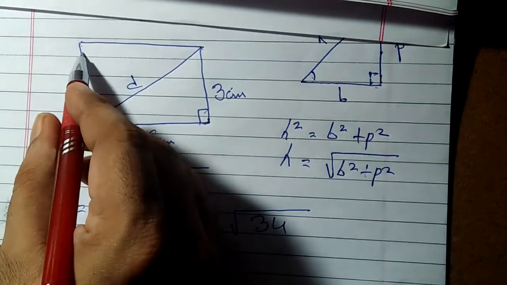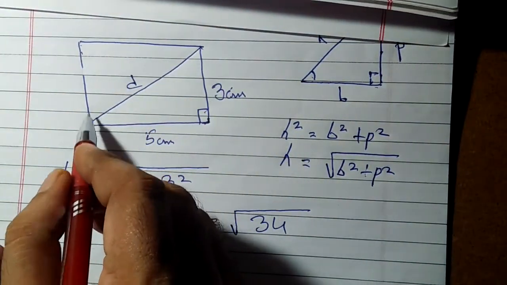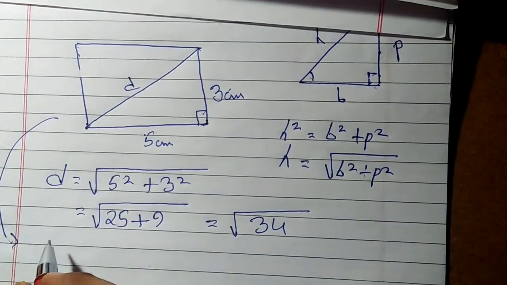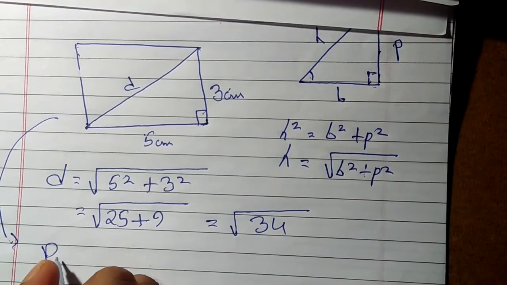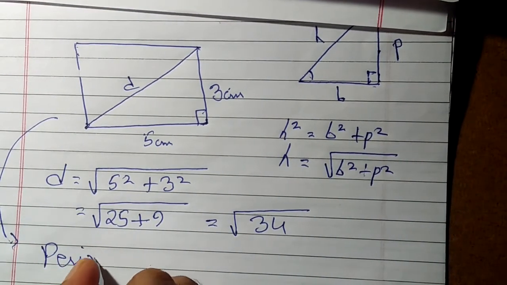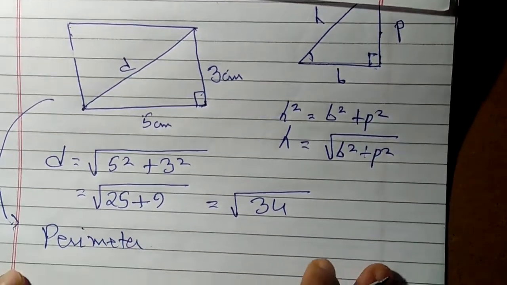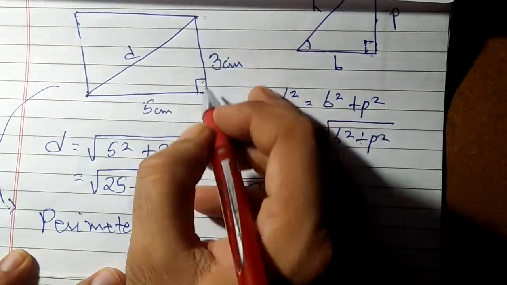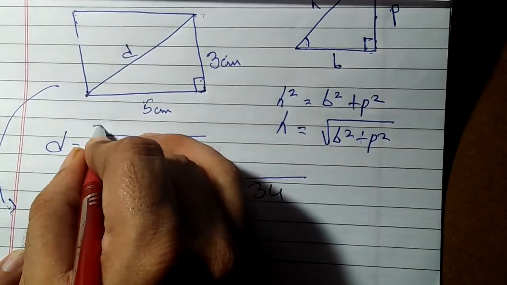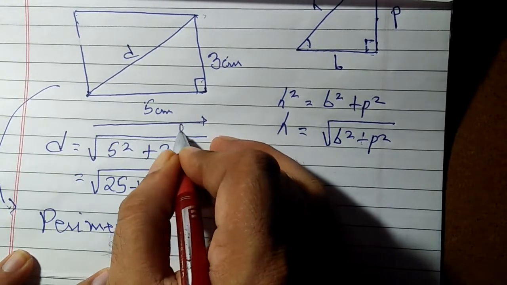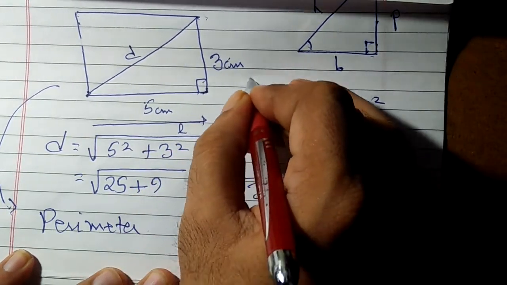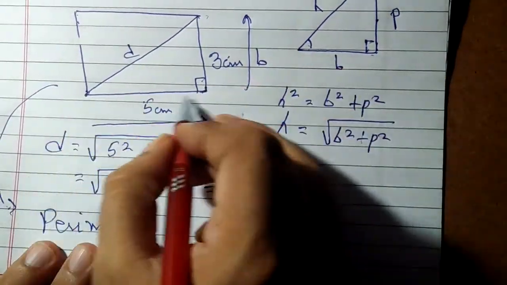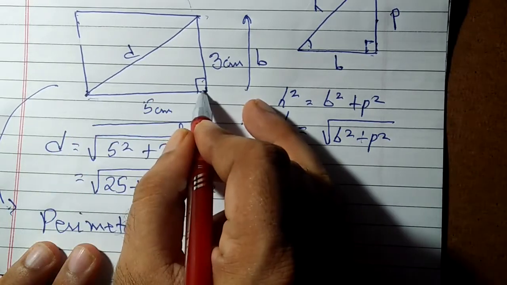Taking this rectangle as an example, a very easy thing you can do is, if you are asked to find the perimeter. What is a perimeter? Do you get what a perimeter is? Perimeter means the boundary. If you start walking from here, this is one length you walk, and from here, this is one breadth you walk. Now if you walk around this rectangle, first you walk a length, then a breadth.